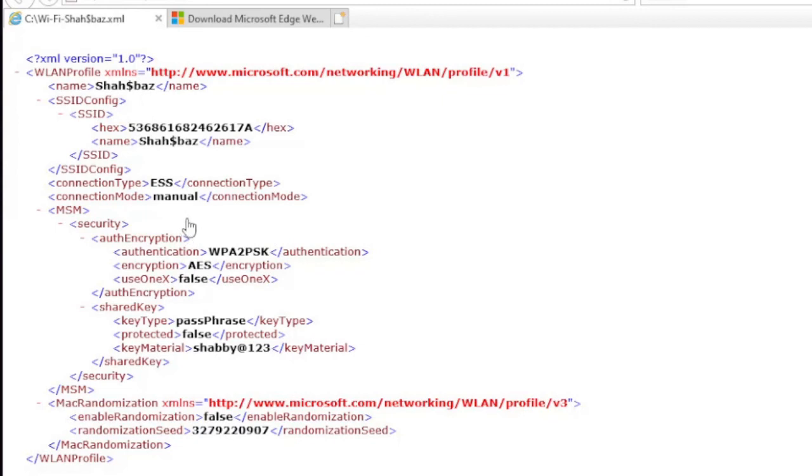Now what we have to look for here is key material. This one. The key will be just in between the key material tags, that is this one. This is my Wi-Fi password which has been shown here. Similarly, when you do this on your PC, you will get such a page and you have to look for the Wi-Fi password just after or in between the key material. And if you created the password yourself, you can easily identify it, because hopefully you remember what exactly it was. You may recall it, right?